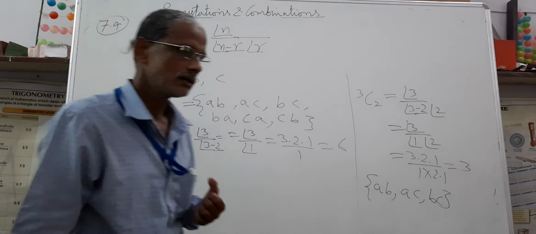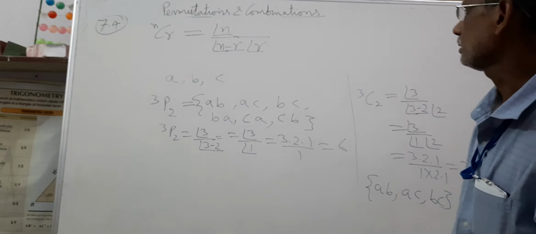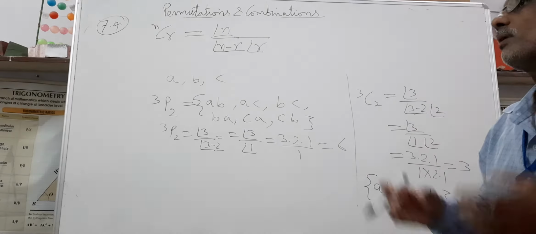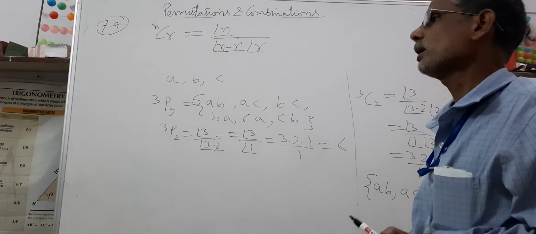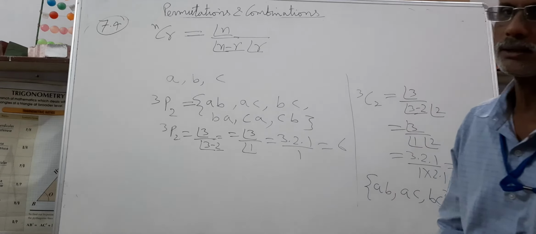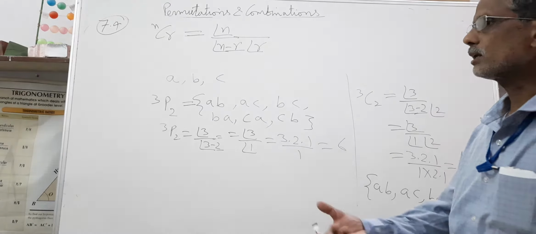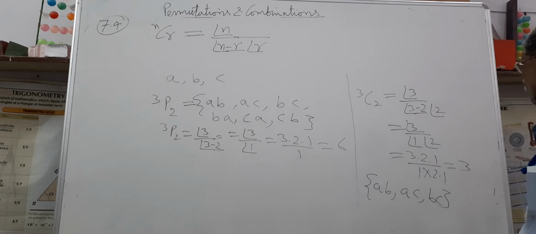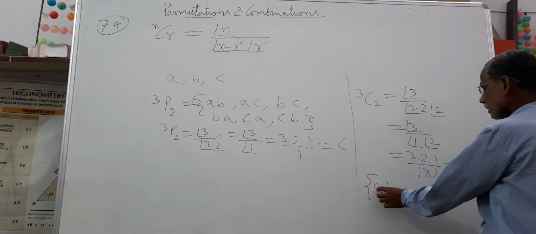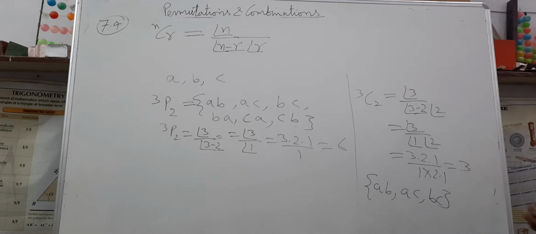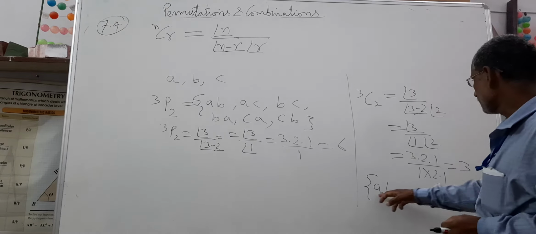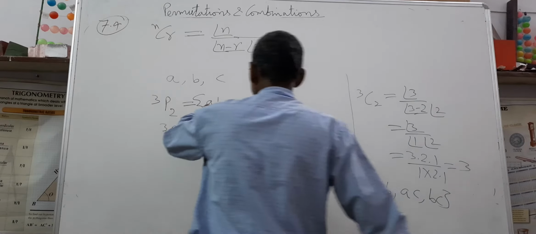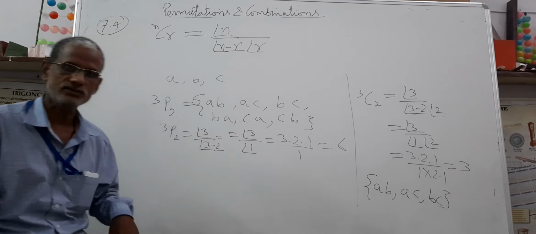In selection, it does not matter whether it is AB or BA. In a classroom, if all are present, then it does not matter where a particular student sits. Seating arrangement is immaterial in case of selection or combination. In selection or combination, AB and BA are both the same, that is, both are present. Combination is always less than arrangement. But in arrangement, AB and BA are different arrangements.